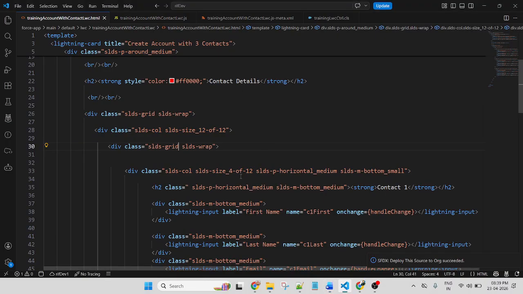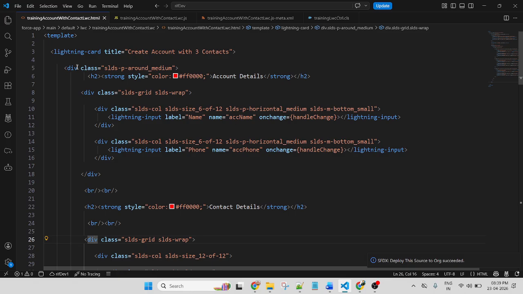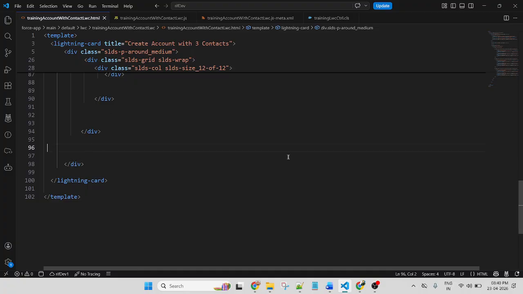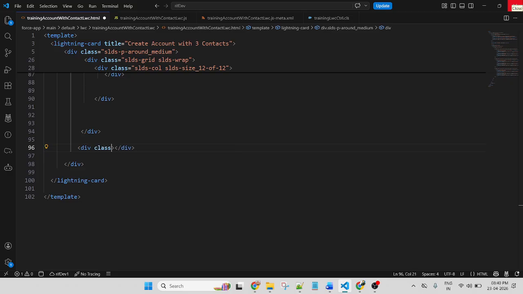Okay. This is the main container. Here I want to add div class SLDS text align center.